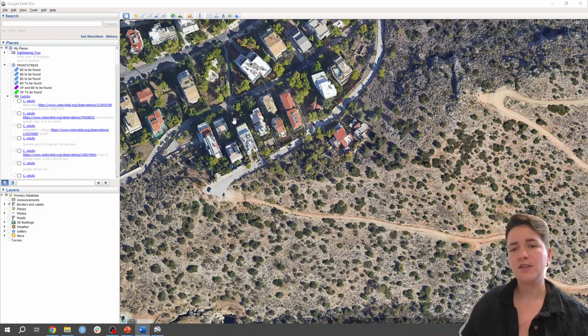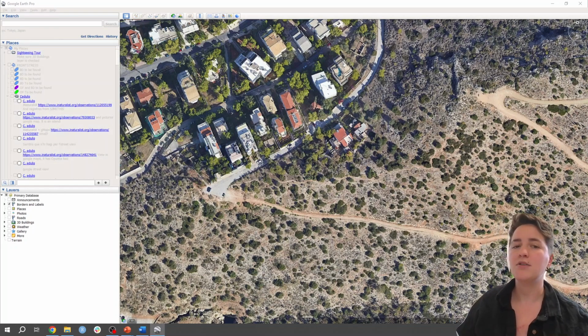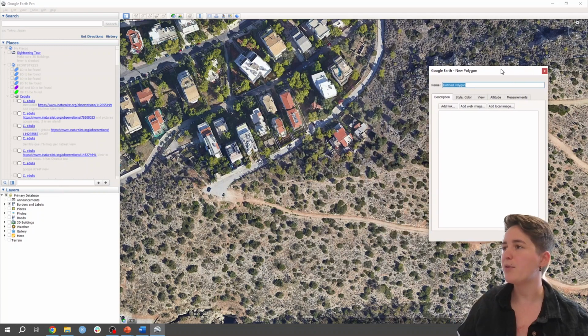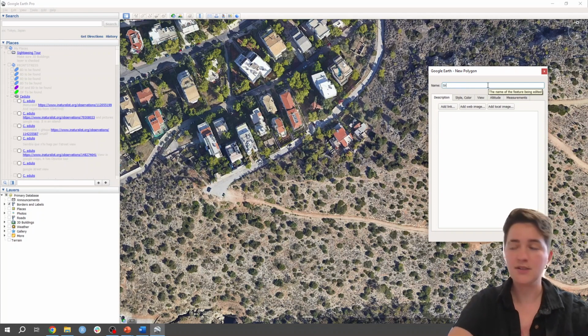So one of the most interesting things to do now before going to historical images is to set a polygon of our area of interest, and that's going to be very useful for georeferencing. So it's very easy to draw a polygon here. You would just go to this tool here, and sorry, this pops up on the other screen, but you'd set up a new polygon. I'm gonna say study area,